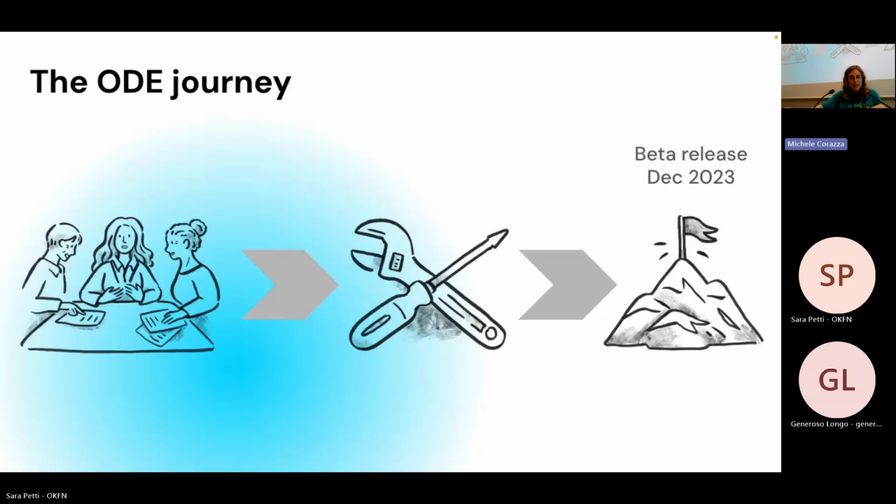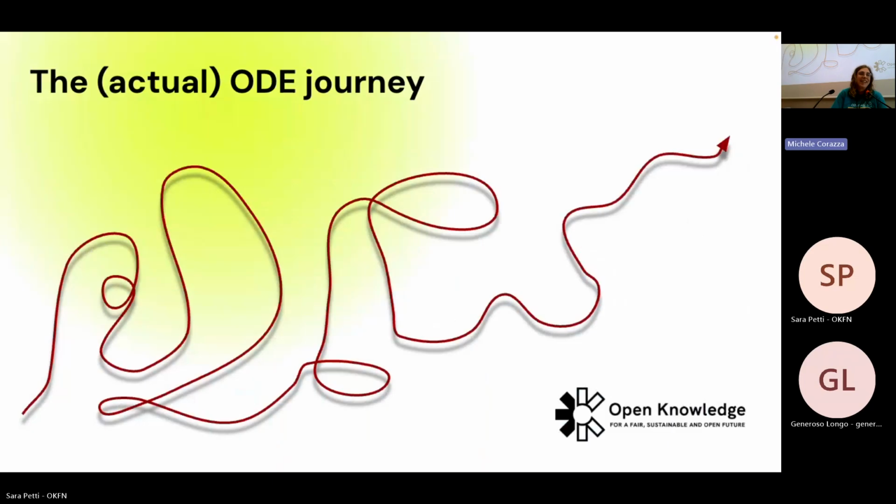Once we gathered all of that, we started developing the application. And then towards the end of the year, we finally released a beta of Open Data Editor. Now, this seems like a journey that makes a lot of sense. But one thing I would say is, when you see a linear development like this, you have to be quite skeptical about it. And if we really want to be honest about it, the Open Data Editor, especially now, looking back, looks much more like this, actually.